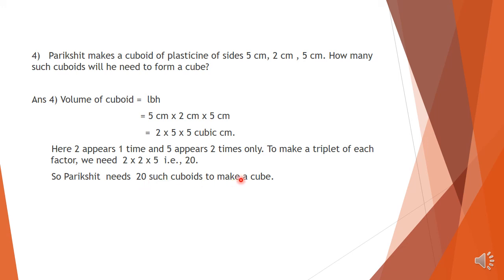Like this question you have in the illustration also. Practice it there. We have 15, 20, 15 centimeters. So we have to do prime factorization of the 3 numbers there. Okay children, here we got easy numbers 5 centimeter, 2 centimeter, 5 centimeter. But there in the illustration we have 15 centimeter, 20 centimeter, 15 centimeter. So that way we have to do prime factorization and see which number is short. Okay children.